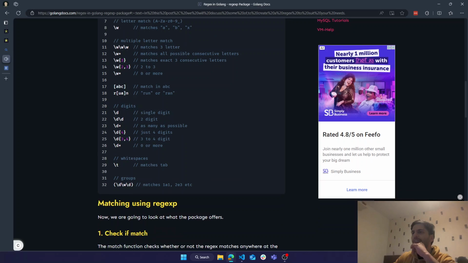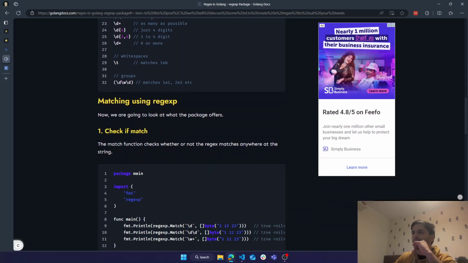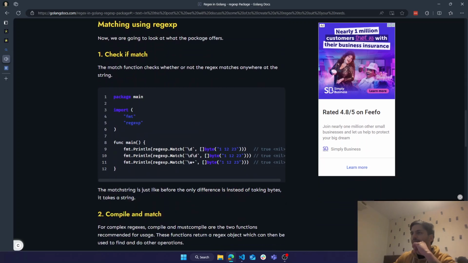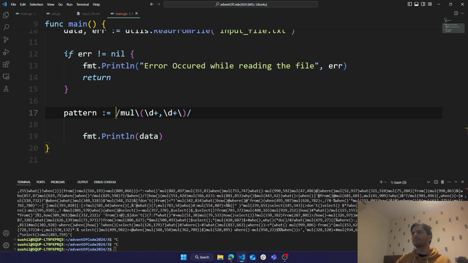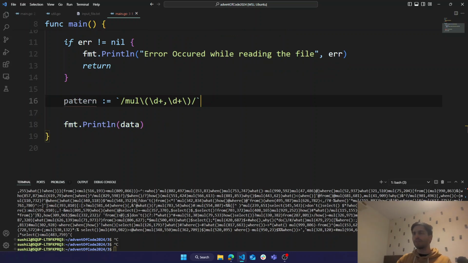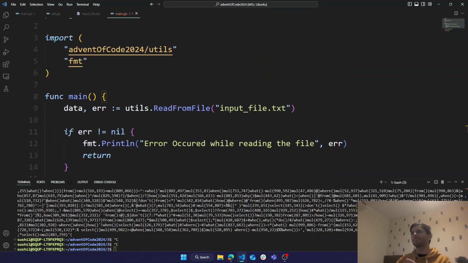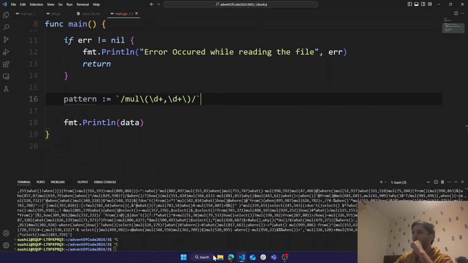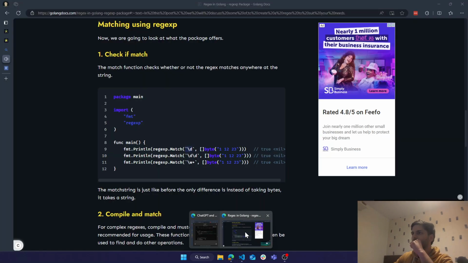The function regexp.MatchString. So it doesn't need that, I guess. So we've got the pattern.